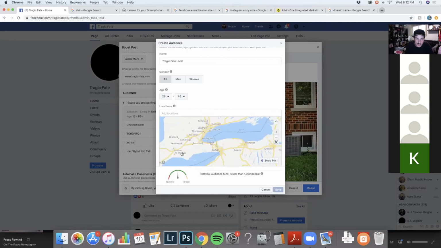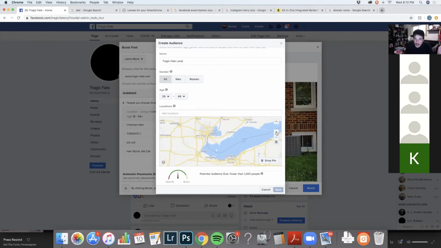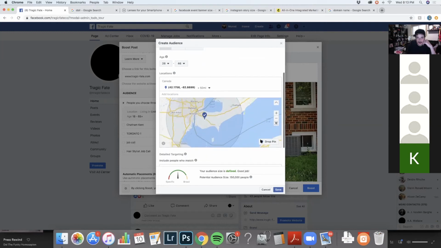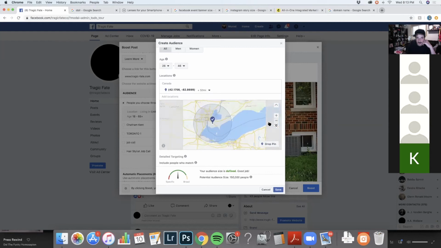All right, so here's Windsor, and I am going to drop a pin. I'm going to drop a pin just in the middle of the county here. And here we go. So we've now defined anywhere from this center point in a 10-mile radius, and you can go all the way up to 50. So it'll show you how big the range is there. I'll zoom out a little bit just so you can see.